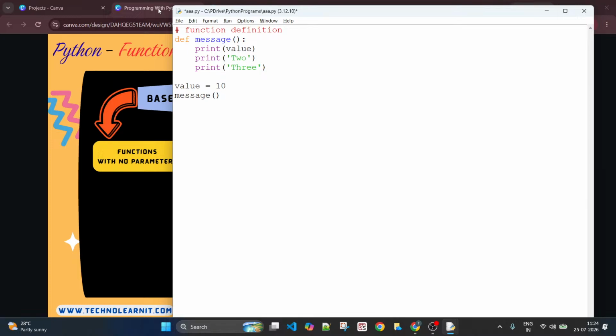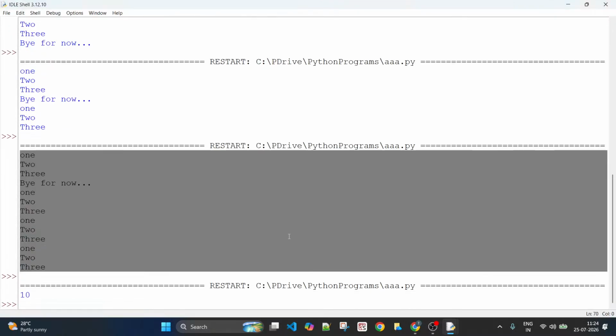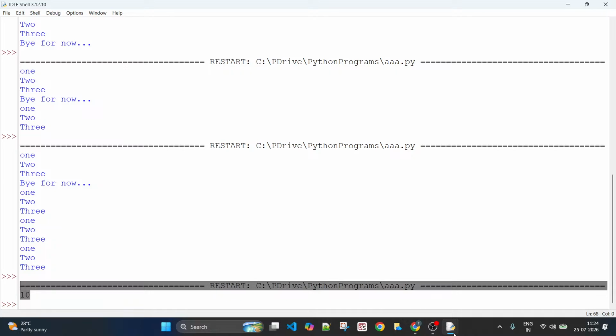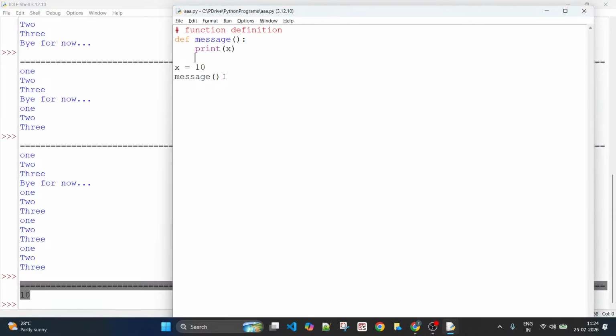Or let me make it x so it will be simple. The value of x is 10, and here you want to just print x. Now if you run this piece of code, you get 10, right? From where did you get 10? Because here you have x, and when you call this function message, it is able to access the value x, right?